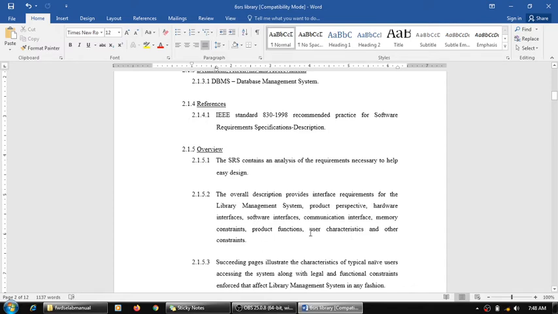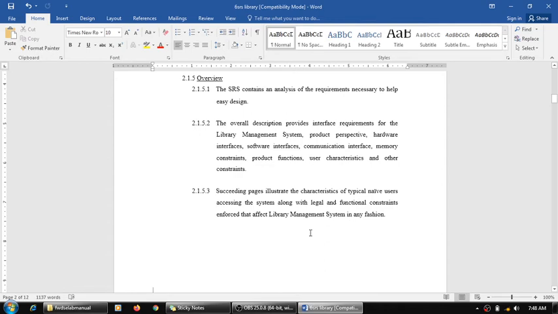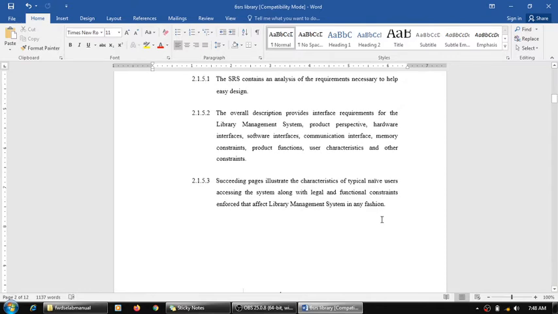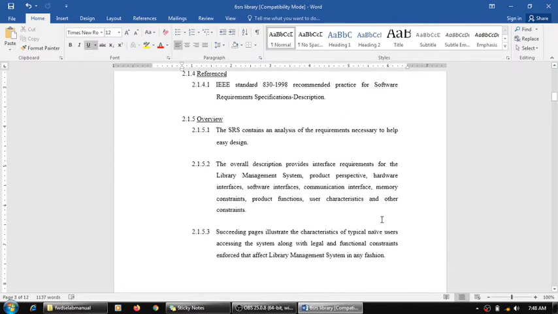So that is what an overall description consists of. Succeeding pages illustrate the characteristics of a typical native user accessing the system along with legal and functional constraints enforced that affect the library management system in any fashion, right? So for the overall description, we have seen what all things will be included. It was discussed in the previous paragraph.